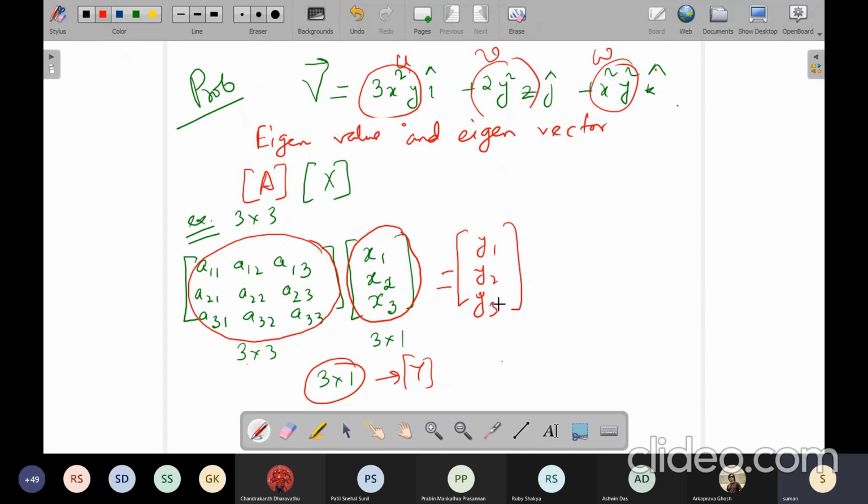So in a way, you have applied a transformation. This matrix can also be perceived as a transformation because any kind of transformation, say rotation, reflection, translation can be expressed as a transformation in terms of a matrix like a 3 by 3 matrix. So let us take an example of rotation.